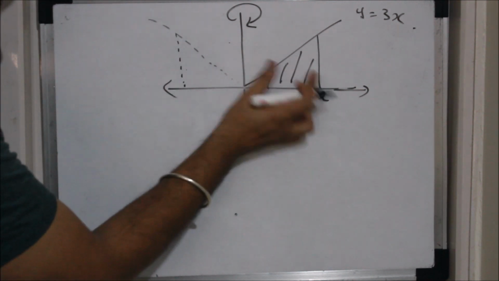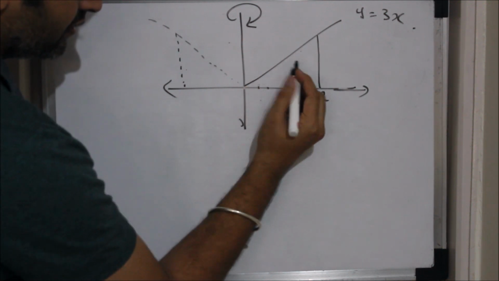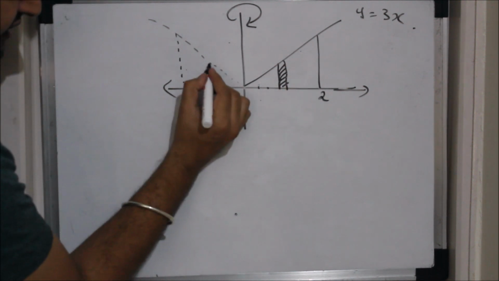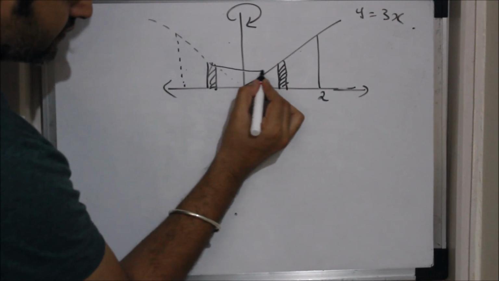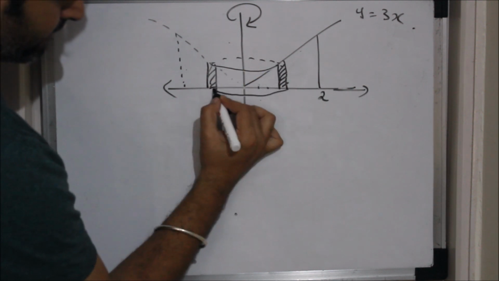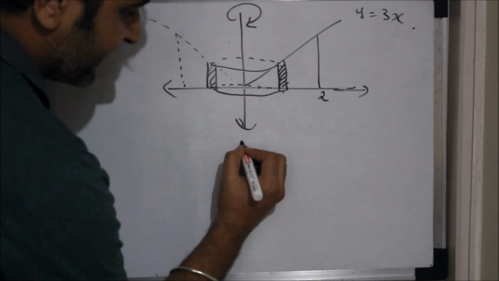This is the replica of this. So this is how it revolves. And now if I take a strip over here, and if I revolve this strip, as you can see, this is the cylinder I get. I hope that cylinder is clear. So this is the cylinder you get when you revolve that strip along the y-axis. So this is the axis of rotation, which is my y-axis.